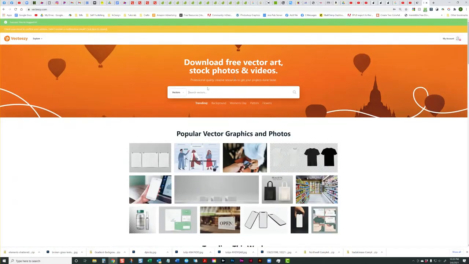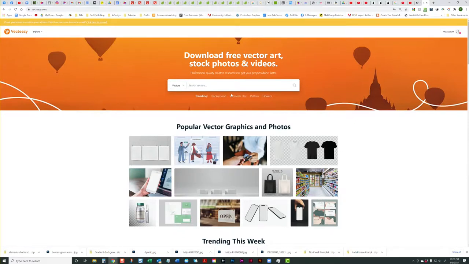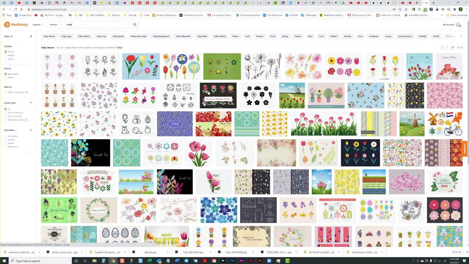On the free ones, you have to credit that you downloaded it from here, but when you have an account, you don't have to do that. So we're going to look for tulip. And we're going to see if we can find something that's kind of photo quality. Vecteezy is okay. There's some decent graphics, but not always something perfect. I don't know if a vector is going to be the way to go